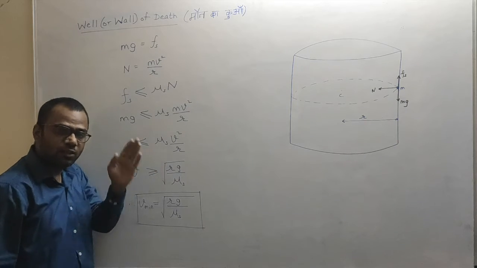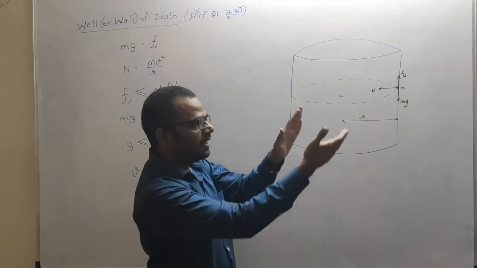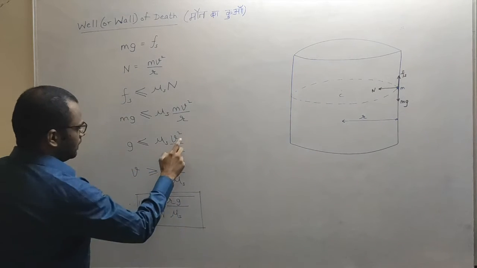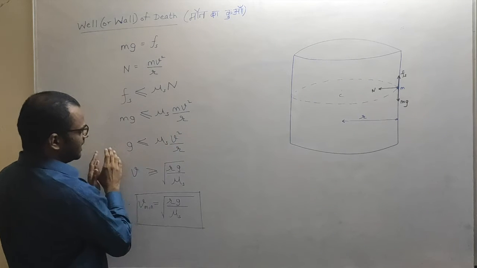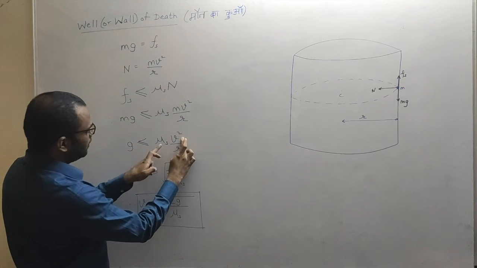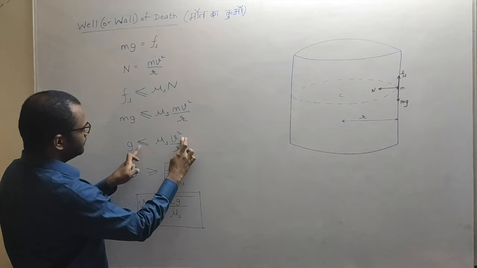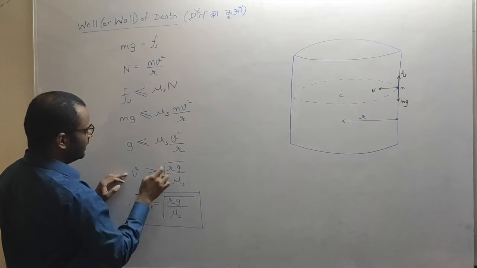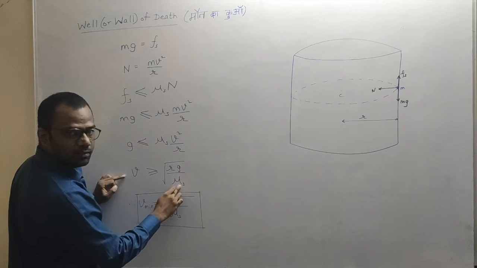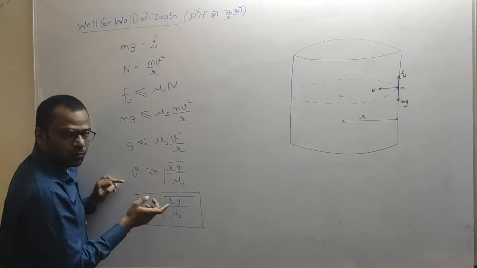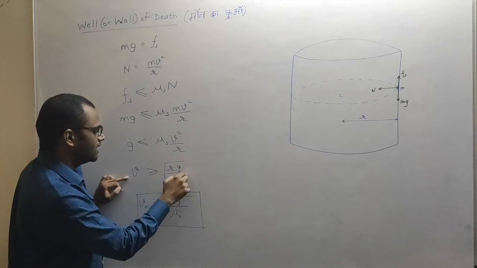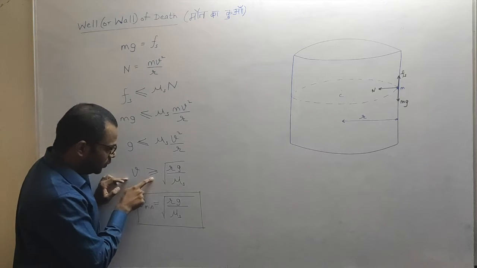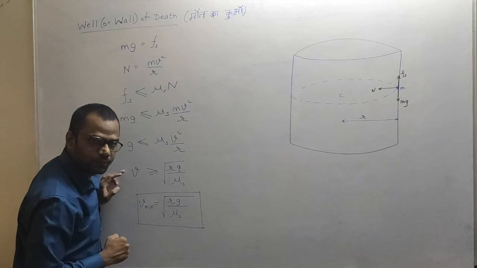Now what is again mu s? Mu s is the coefficient of static friction between the tires of the vehicle and the surface of that wall. Alright, so I have just put this on the left hand side. So as you can see, v square will be what? g into r upon mu s. v square will be greater than or equal to rg upon mu s. And hence taking square root on both sides, v will be greater than or equal to square root of rg upon mu s. So we can have a value equal to this value or greater than this value.